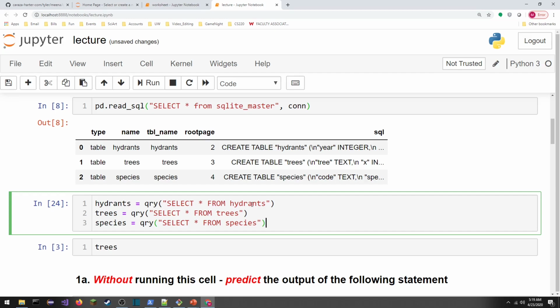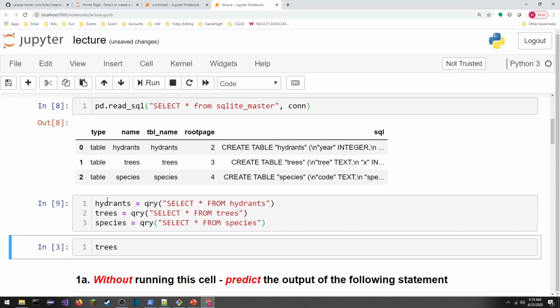And so I'm just running some queries here in this cell and assigning these data frames to different variables. So I'm going to get all the hydrant data from the table in the database and store it in a data frame, the tree data table, storing it into a data frame, and the same thing with species. So let's just take a look. Let me run this, and then let's just take a look at these. So first up,